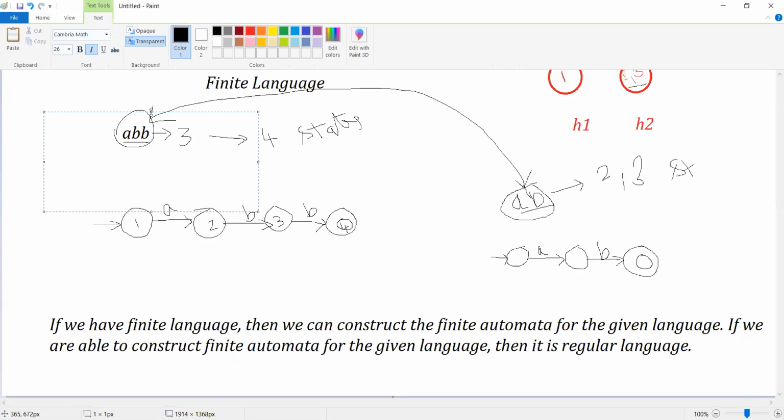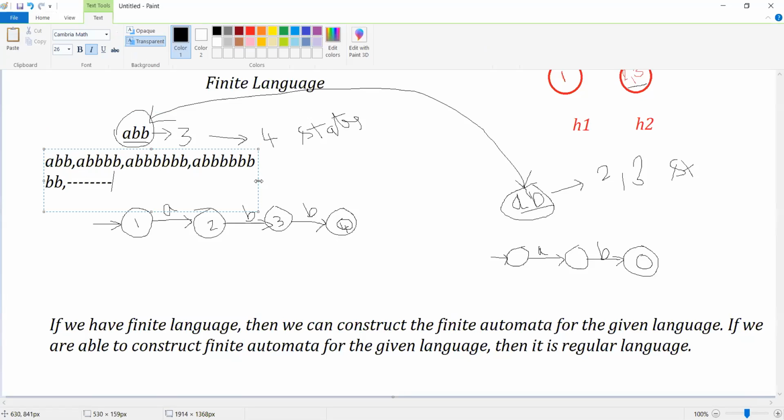Let us observe that I have a list of strings like this: ABB, then ABBBB, then ABBBBBB, and so on.